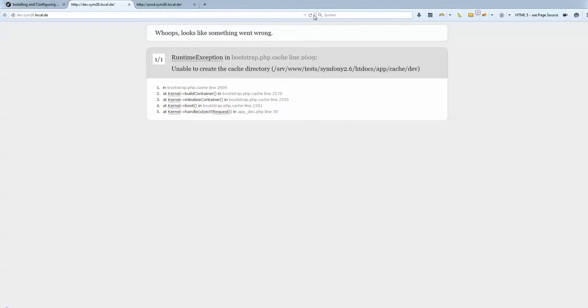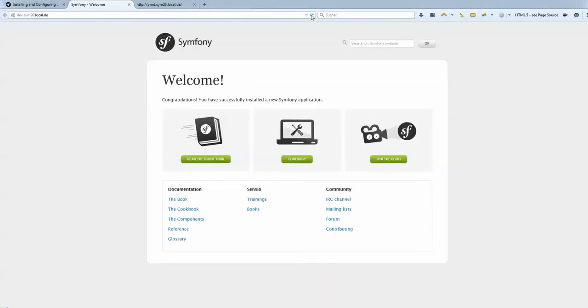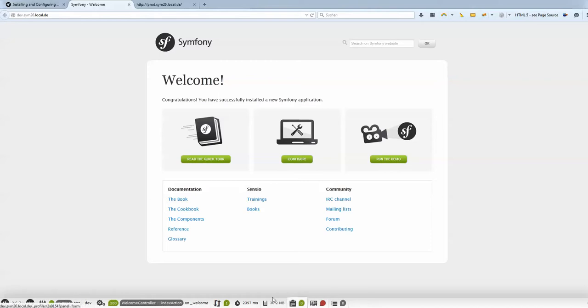I can directly call the browser, and here we go. We have right now our demonstration bundle, the Akamai bundle, and you see the toolbar for debug, and we can see that we are on the dev environment, and the Symfony server